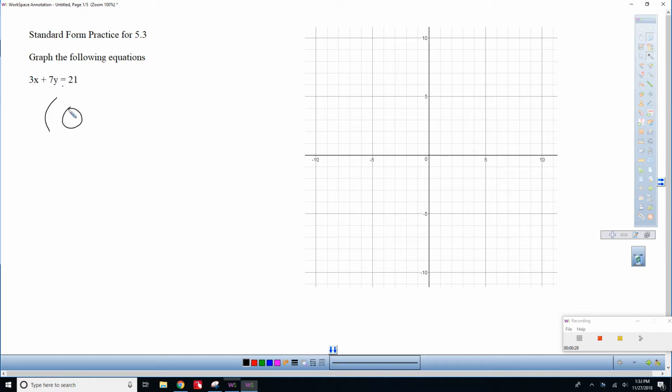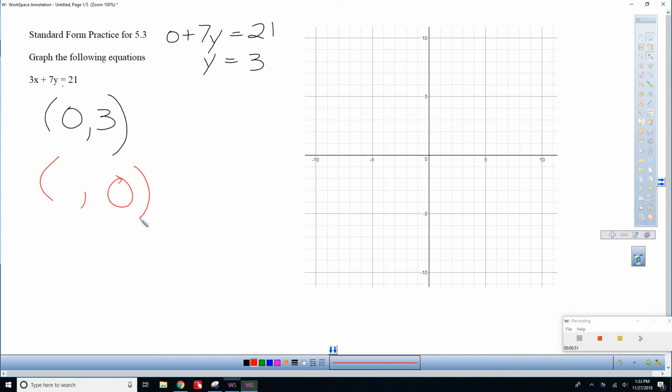So if I put in a 0 for x, I get 0 plus 7y equals 21. Divide each side by 7, what do you get? You get y equals 3. Okay? Change color just so the audience knows which one I'm doing. Let's put in a 0 for y. Well, then you get 3x plus 0 is 21, and x equals